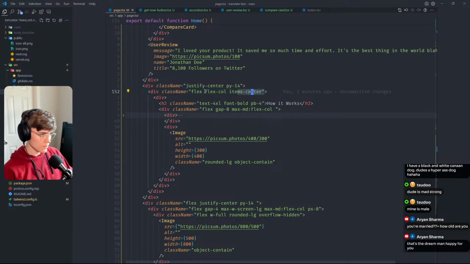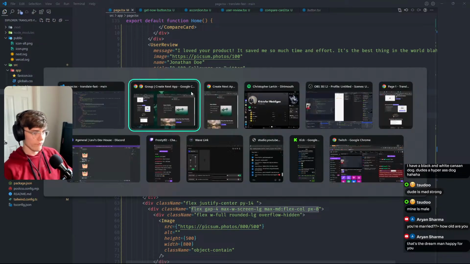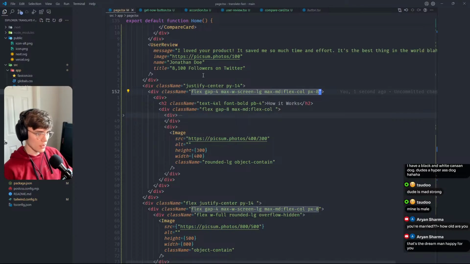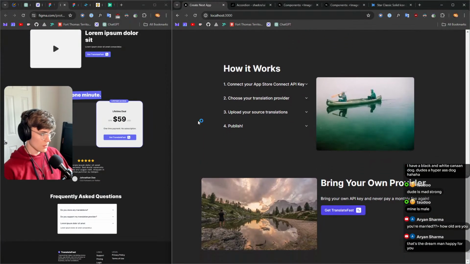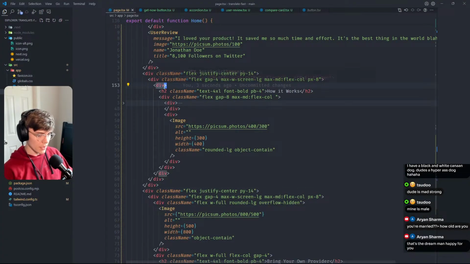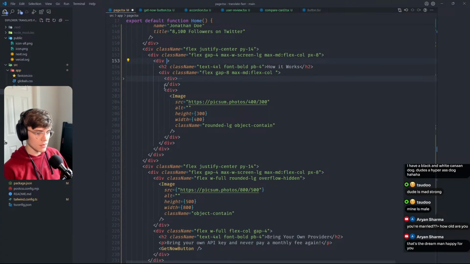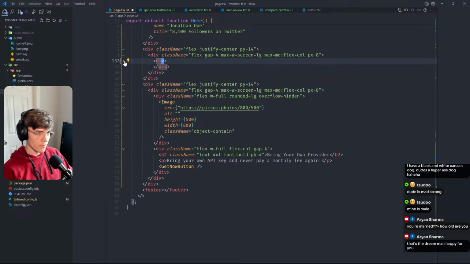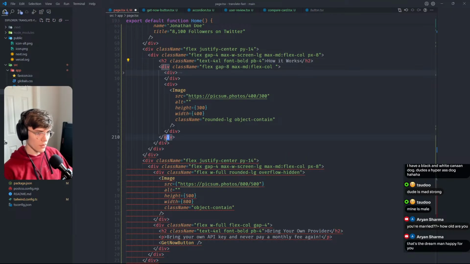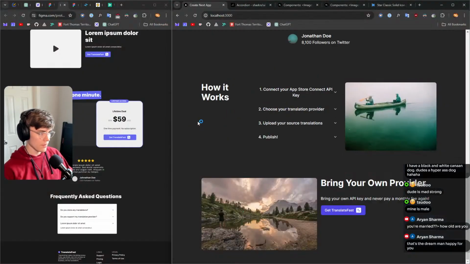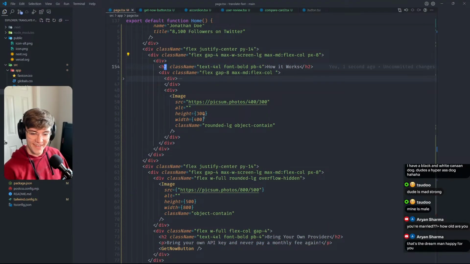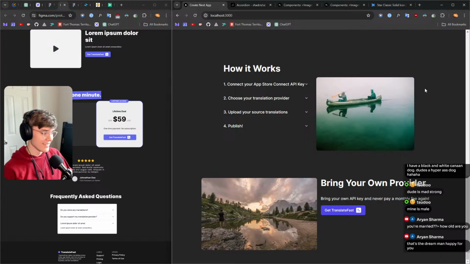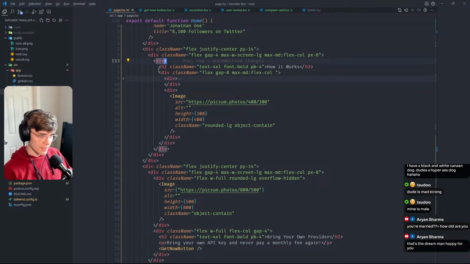And whoop, just paste. Okay, and then we have flex justify center. Okay, and then each one of these, I have a useless div there. No, I don't have a useless div there. Okay, and then